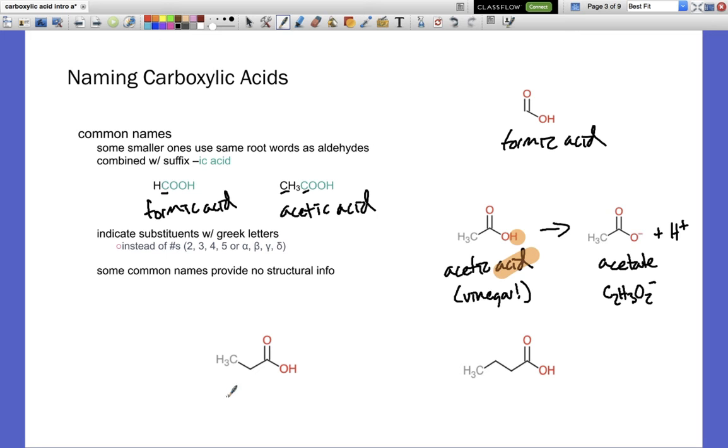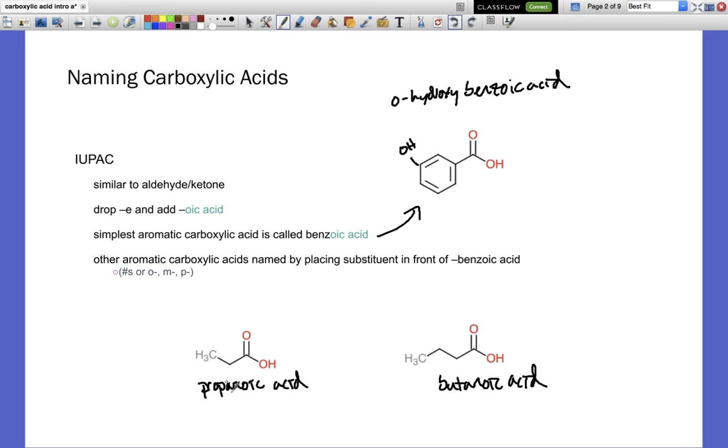Down below, these two with common names, this is not a propanoic acid anymore. I'd call it a propionic acid, which is really, really similar. It's like I just moved the O. But if I call this a propionic acid, or if I call this one over here a butyr, excuse me, I put the Y early, a butyric acid, I have to be careful when I do that because that actually changes things slightly. So if I go backwards to that slide before, I have those same 2 examples, propanoic acid,